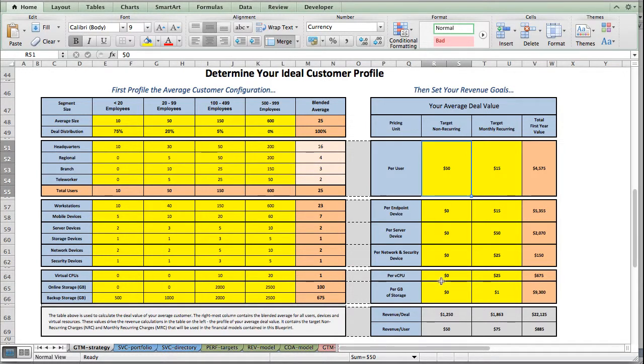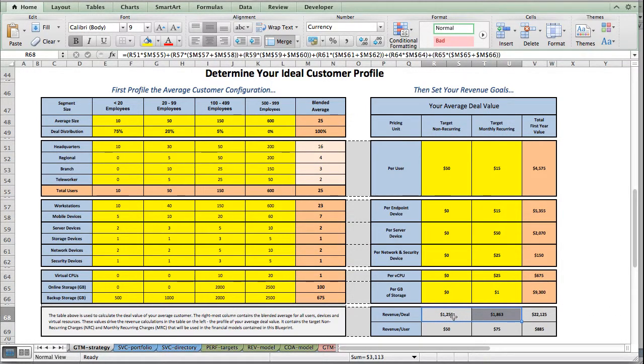for each managed device, or for each managed virtual resource, and your targeted monthly recurring revenue values for each user, for each device, and for the virtual resources. And from this template, we will then produce an average customer value for the one-time revenues and for the recurring revenues. Those average customer values are going to be used in some of the modeling tools that appear later in